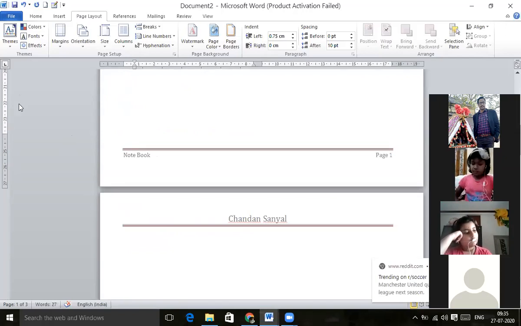Left and right dragging means left margin and right margin. With the help of dragging you can increase and decrease. Similarly the top margin and bottom margin, with the help of dragging you can increase or decrease. Am I clear? Yes, sir. Very good. So let's move into the page. All these things are available in our page layout tab.